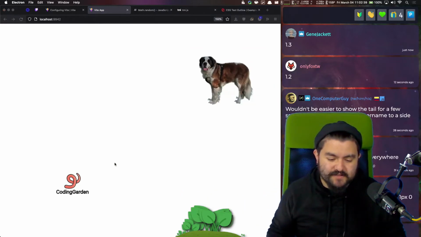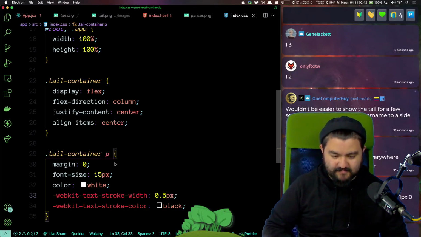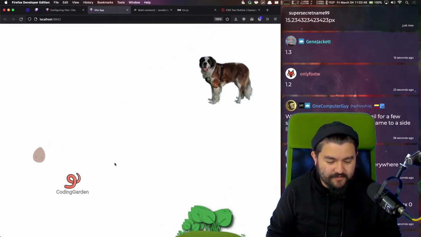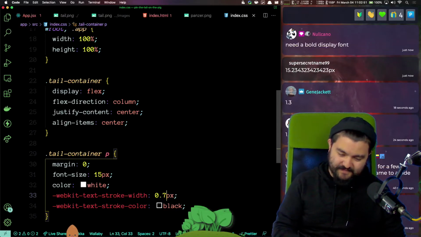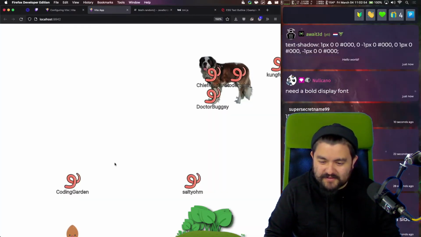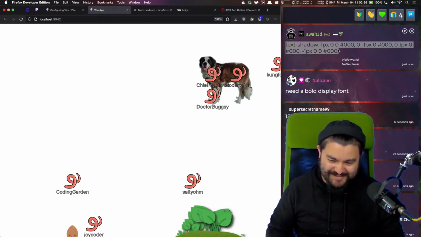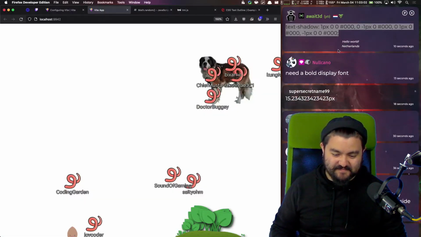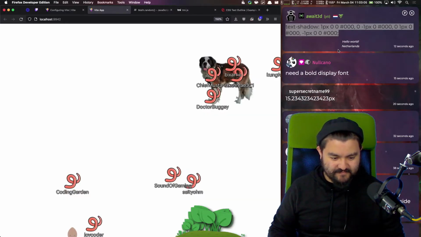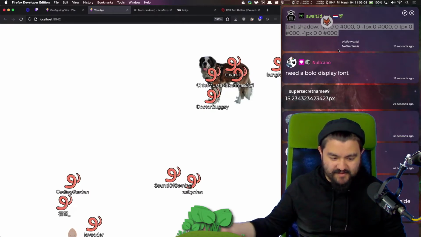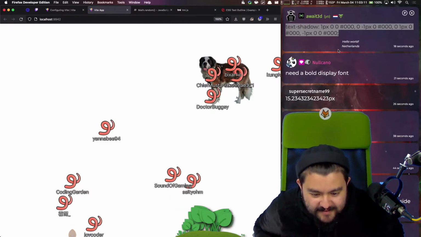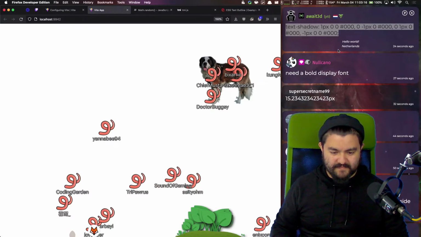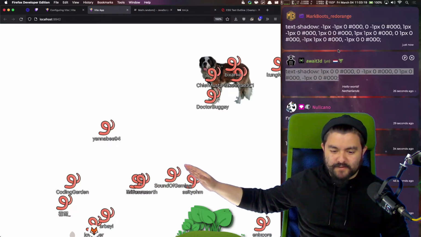Here's the thing, when the text is really small, this just doesn't really work. Yeah, see, it looks kind of weird. So honestly, text shadow will probably look better. Yeah, thank you, Awaited. Let's just use this. It's probably gonna look better. That looks good. I like that, right? We got rid of these, didn't we? Yeah, it's perfect.